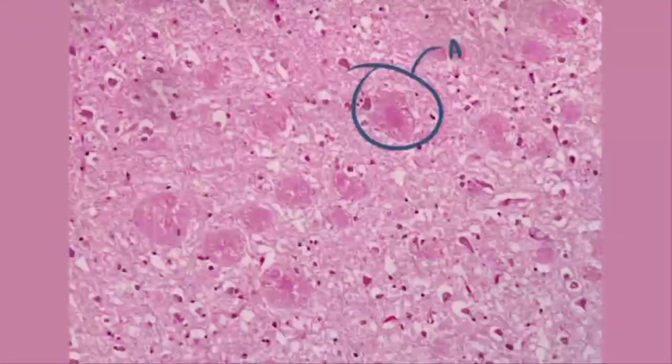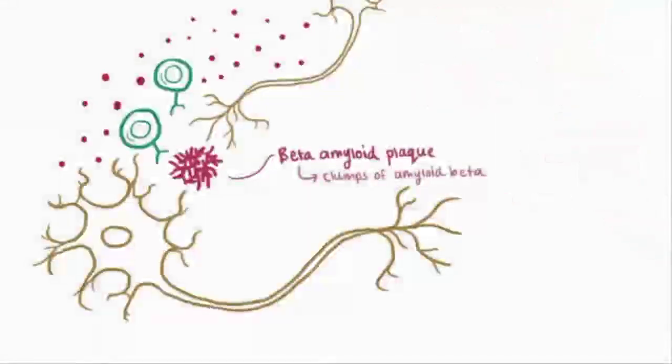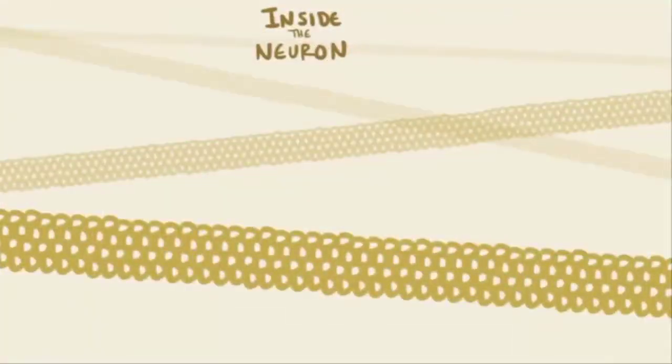Here's an image of amyloid plaque on histology. These clumps are buildups of beta amyloid, and this is happening outside the cells. Another big part of Alzheimer's disease, though, are tangles, and these are actually found inside the cell, as opposed to the beta amyloid plaques. Just like other cells, neurons are held together by their cytoskeleton, which is partly made up